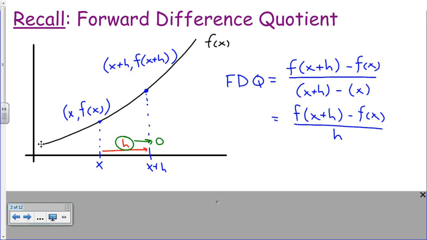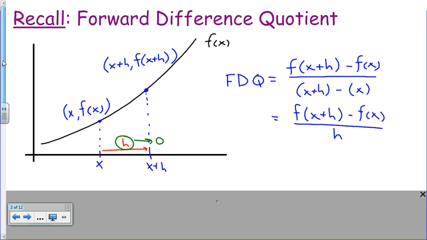The reason for that is you can see that in this forward difference quotient formula, I have both x and h in there. Because of that, when I let h go to 0, I'll still have x's in there. I won't come up with just a number anymore to represent the slope at one point, but rather an equation that represents the slope at every single point. And that's what we're looking for. So